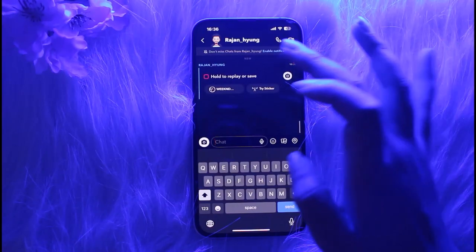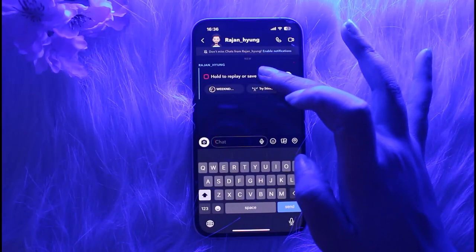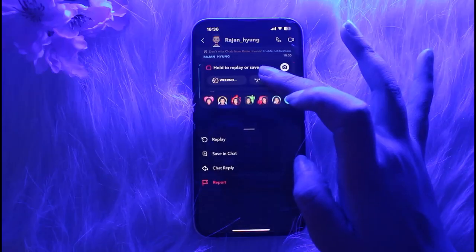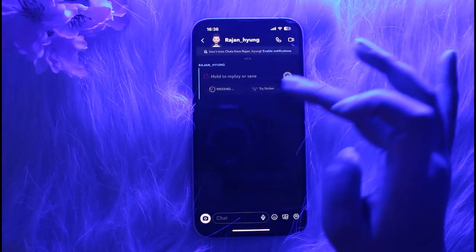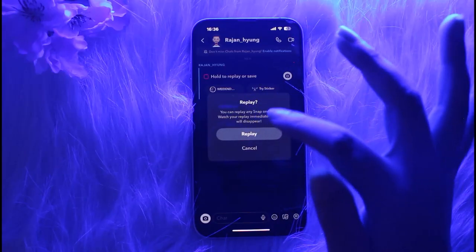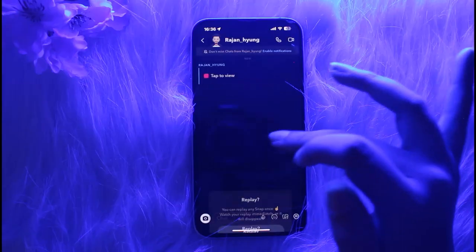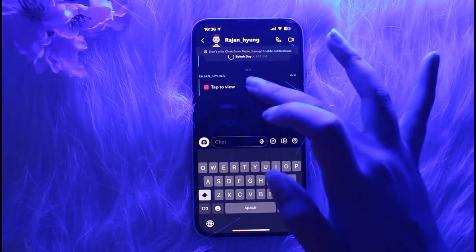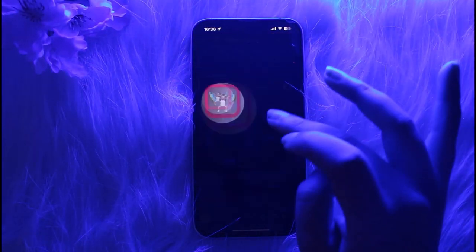So once I have opened, all you gotta do is simply go ahead and hold on the message, and then I will find this option of replay. Tap on replay, and you can see you can replay any snap once, watch your replay immediately, or it will disappear. Tap on replay, and I can tap on tap to view, and I can check out the snap